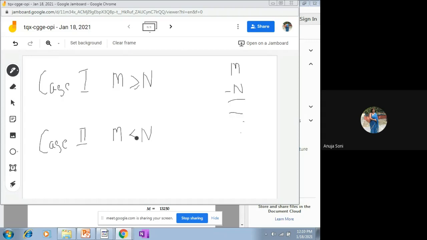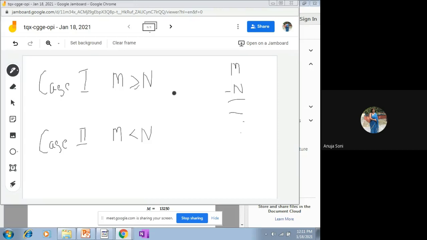Always remember that whenever we are going to talk about subtraction, the very first step is that you have to take the 2's complement or the 10's complement or the R's complement of the negative number. So in this case, n is a negative number, and always you have to take the R's complement. The second step is that you need to add the complemented value of the negative number to the other given value m. So the complemented value of n will be added to the value of m. These two steps are essential in all kinds of subtractions.